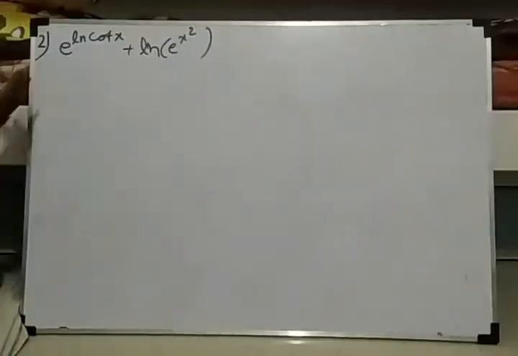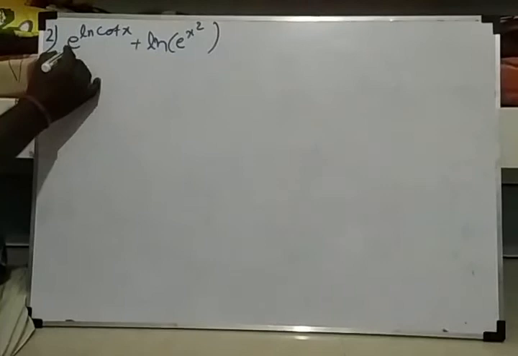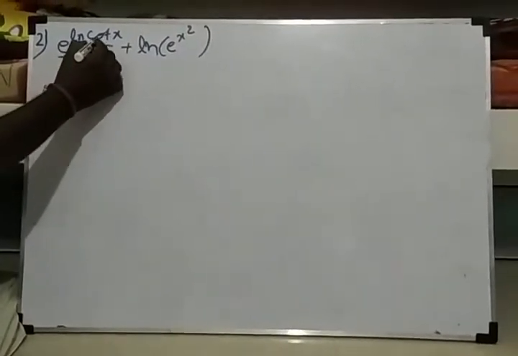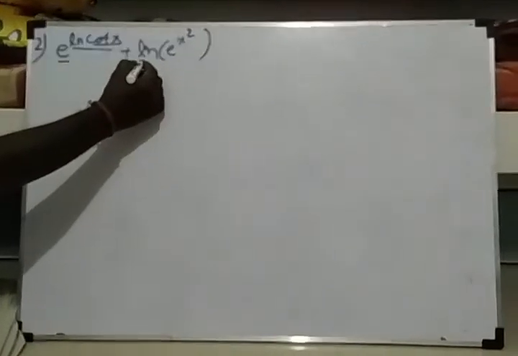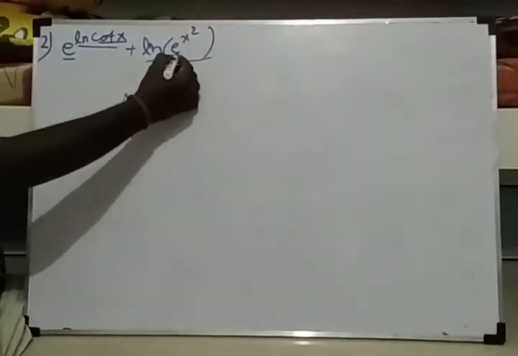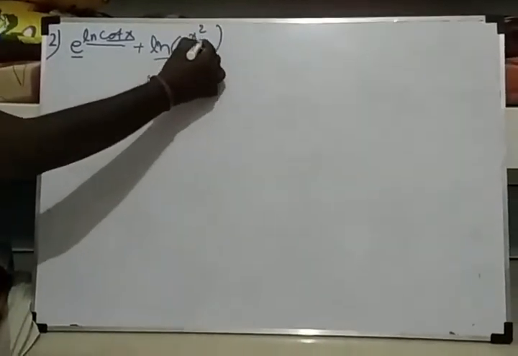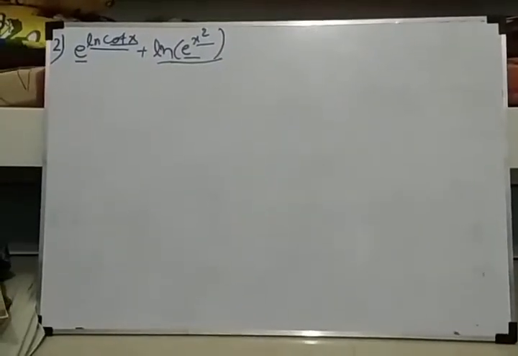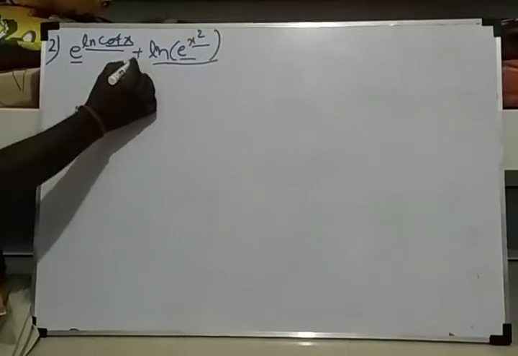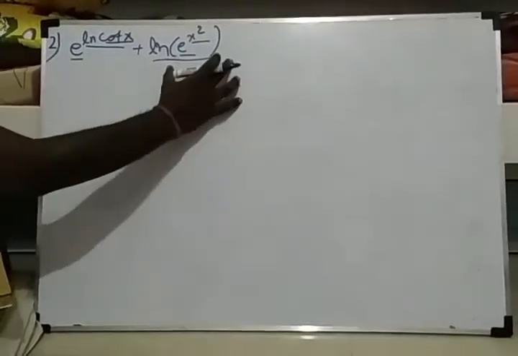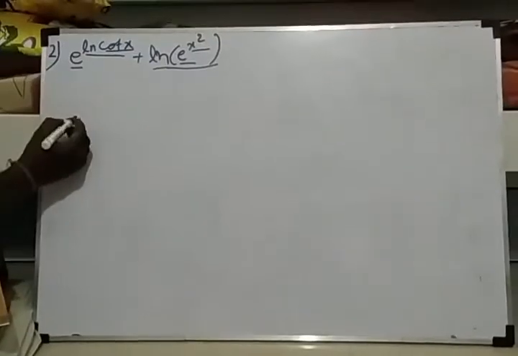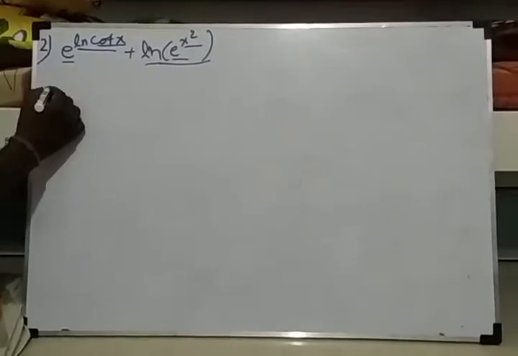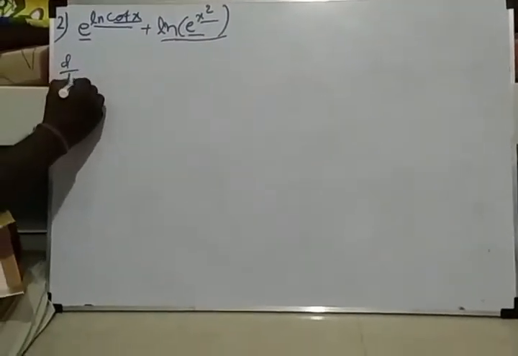We will go to the next sum. Here, what are the functions? There is one e function, there is one log function, and there is one cot function. In this, log function, then e function, and then x to the power of n function. So we will do it one by one. First we will do this separately and do that separately. So e to the power of log x is nothing but x.